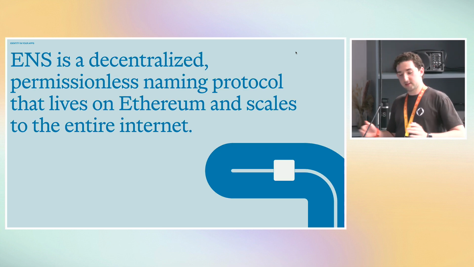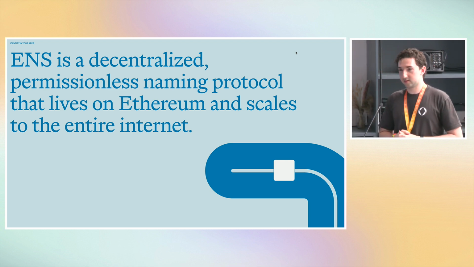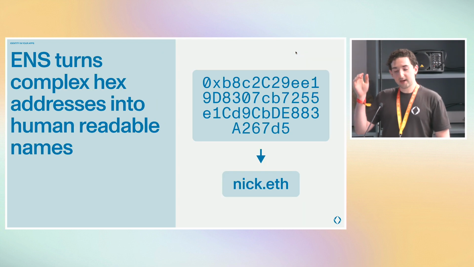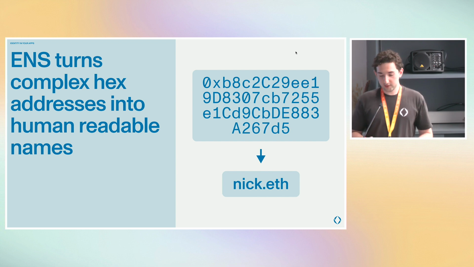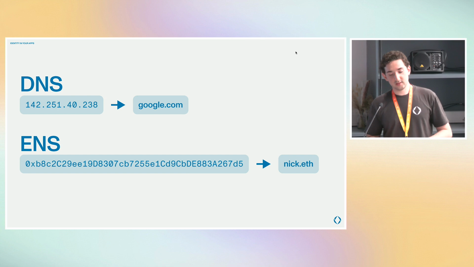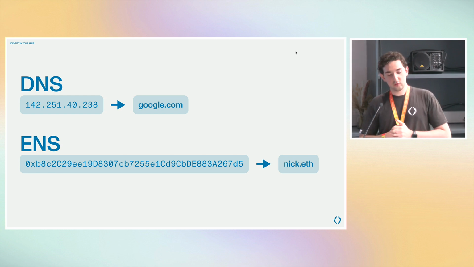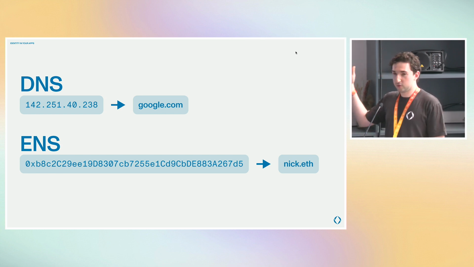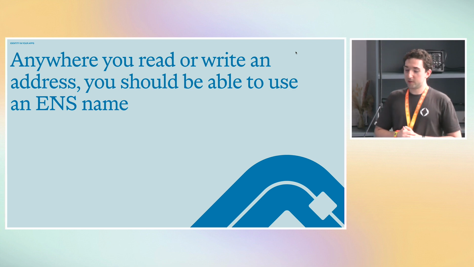In a single sentence, it's a decentralized permissionless naming protocol that lives on Ethereum and scales to the entire internet. The really high-level overview is that we turn complex hex addresses into human-readable names. So you might be familiar with DNS, which turns IP addresses into normal web domains, like this number to google.com. The problem in crypto is even worse, and so we're turning these long hex addresses into simple, readable names like nick.eth. The goal is that anywhere you read or write an address, you should be able to use an ENS